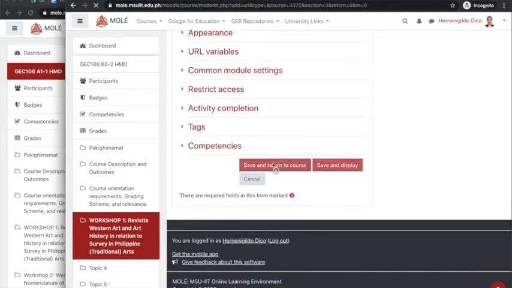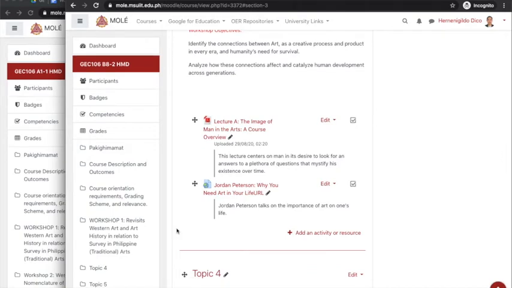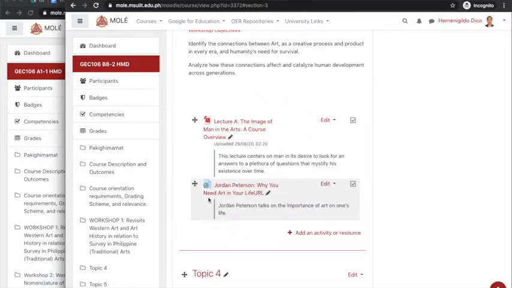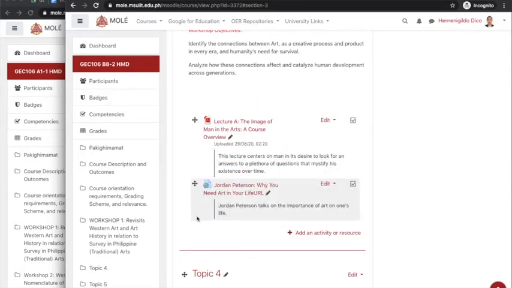click save. So that's how simple it is. By the way, this X icon here is where you can interchange if you opt to have this one put above the lecture, for example. So you can interchange these entries, this part, by clicking this cross or X icon. And then